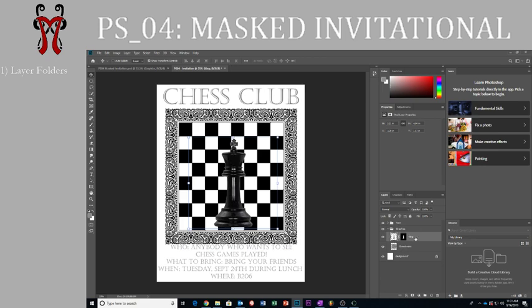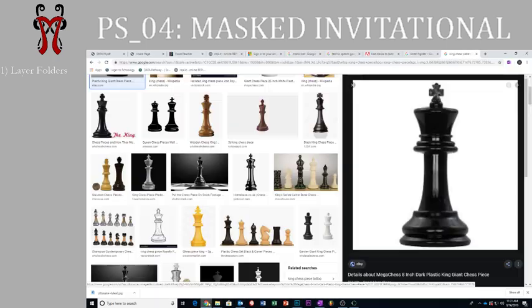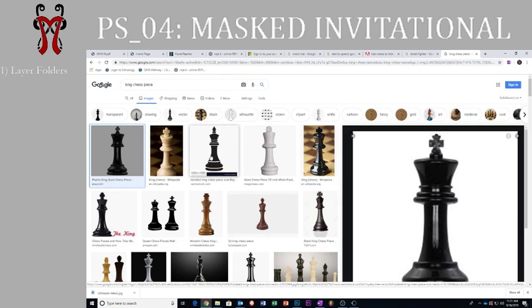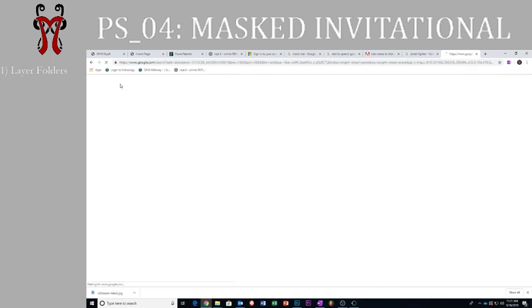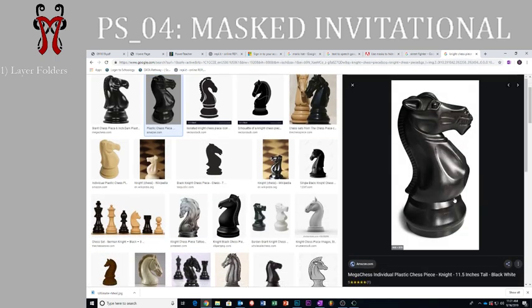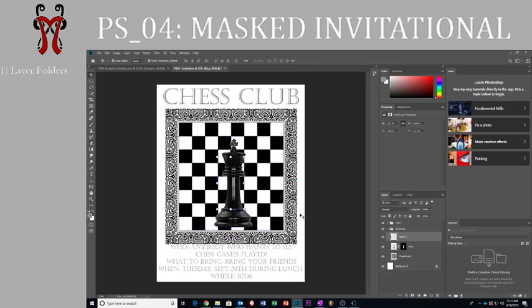Now, in order to get full credit for this, you need to have at least 5 different layers that have layer masks. So what I'm going to do is go back into my graphics, and I'll find another piece that I can add to this. So let me see what I can find here. I'm going to find a knight. There we go. I like this one, so I'm just going to right-click, copy it, go into Photoshop, paste it,